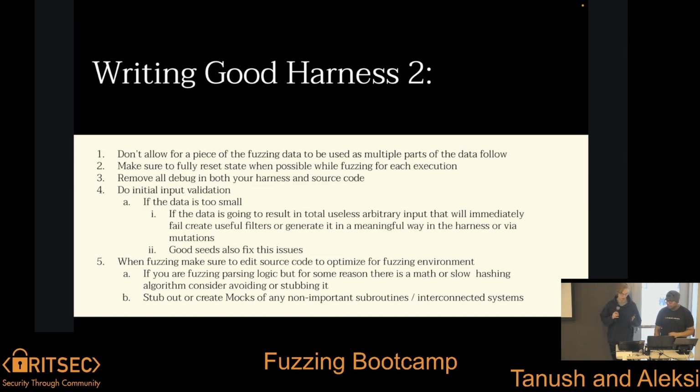I don't really know. Kind of AI slop, honestly, I'm not gonna lie. But imagine a byte gets used to identify, let's say, the length field, but it also gets used to identify a type. Maybe there's a type field as well. If the fuzzer mutates that single byte to modify the type field, it'll end up breaking the length logic and prevent the fuzzer from reaching deeper code paths. And then also, each piece of fuzz data should map to one specific test scenario.